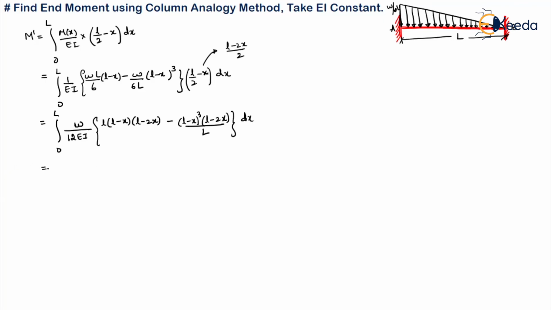Now we have to integrate this separately. And what we can do is this we can simplify. So what will this be? This will be (L square minus xL) into your (L − 2x). So further what will this be? L cube minus 2xL square minus xL square plus 2x square. So this two together, what will it be? L cube minus 3xL square plus 2x square, right?